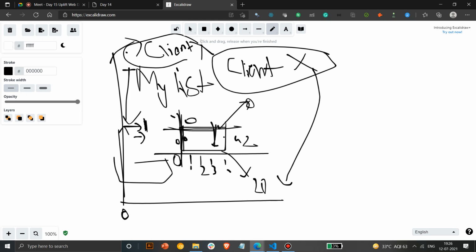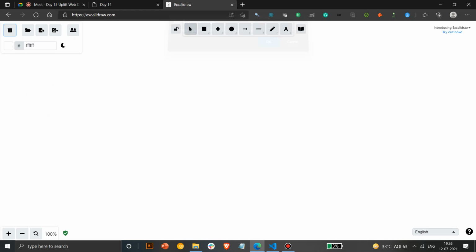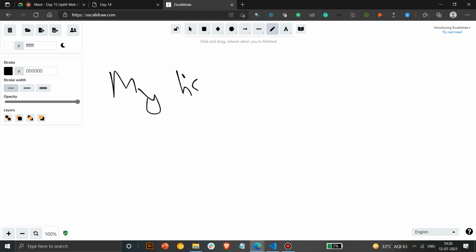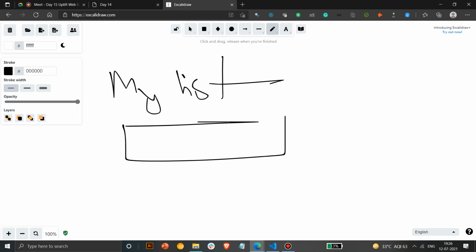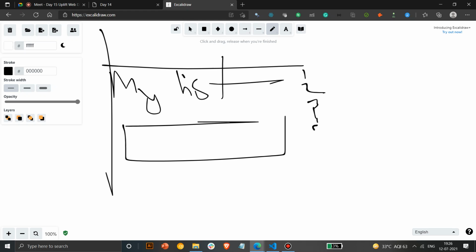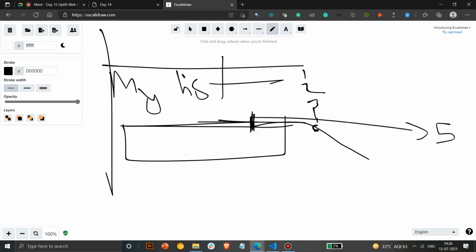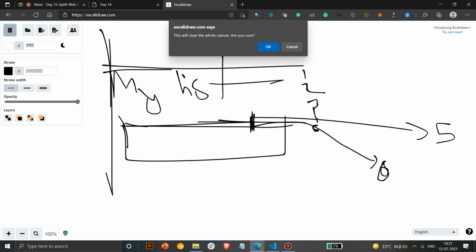Wait a second, I'll clear it. In the y-axis, I have something like this, my list, and it will start counting from here. It will consider this as 1 2 3 4 5, so 5 will come here. For the first element, if you click on the top of a button in the client condition, it will show 5, while if you click it in the offset condition, it shows 0 here. So that's the difference. Offset starts from the element, while client starts from the first HTML line that's present there.